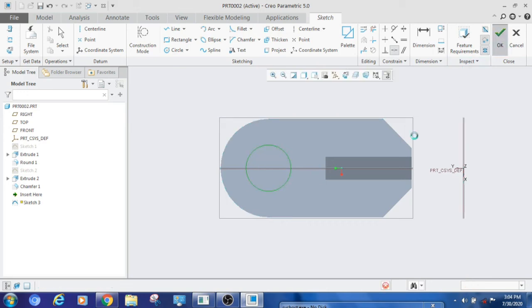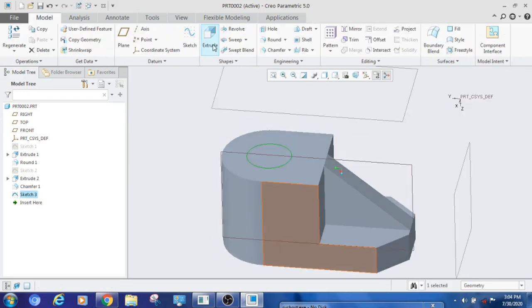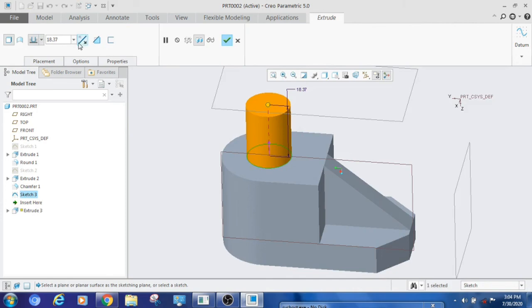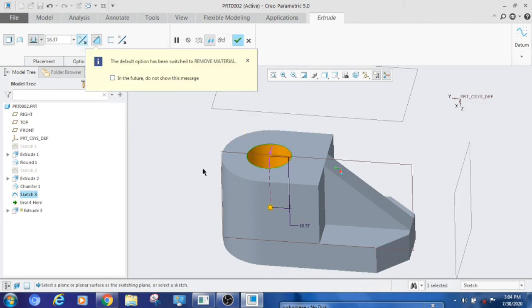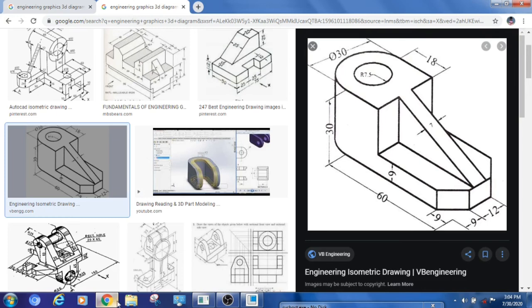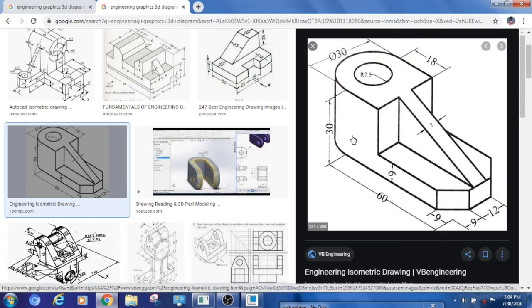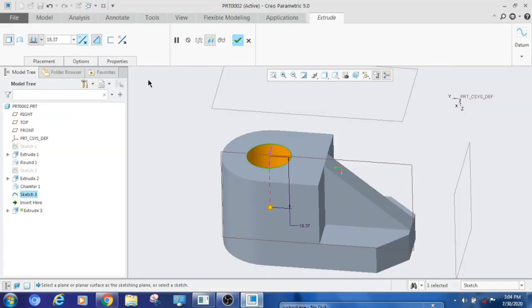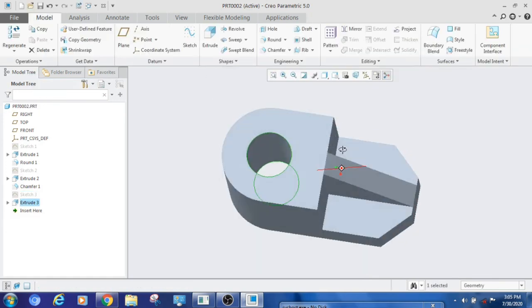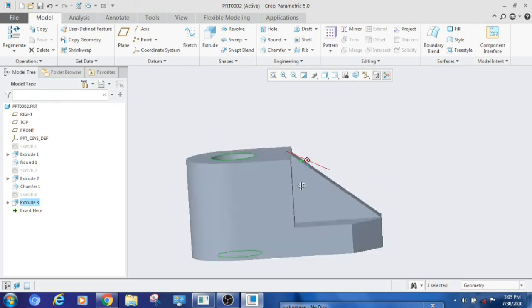Now both are concentric. The next step is extrude, reverse. I want to use Till End. If you know the dimension, you can see that 30 they have given, or you can use Till Last, Till End. Select this option and you can simply press OK. Now we have completed this diagram.